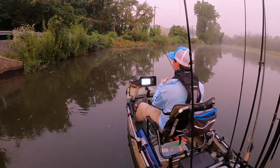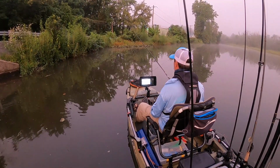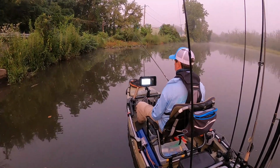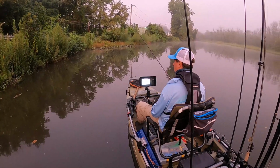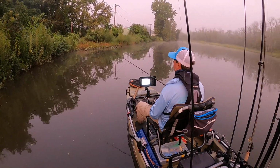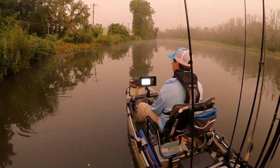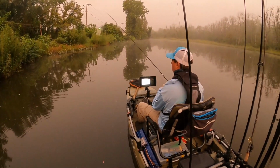After reaching this side of the bridge, we start throwing up on the left side of the bank. And as you'll see as the video goes on, the Choptank River is a tidal fishery. So you'll see the water levels rise and fall, and it's high tide right now. And this is our second cast in,